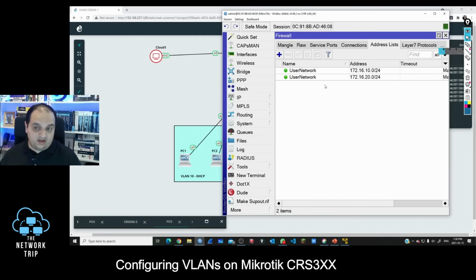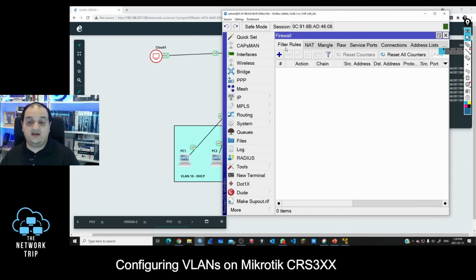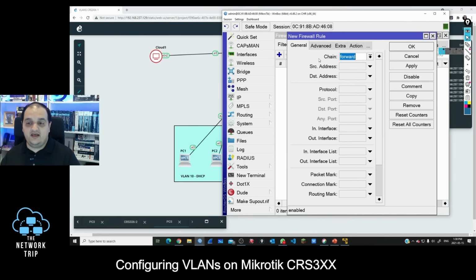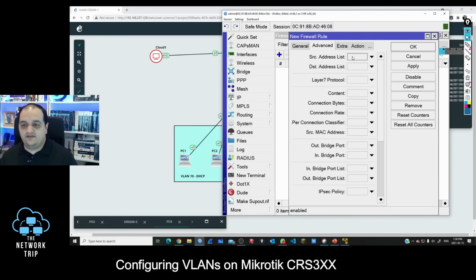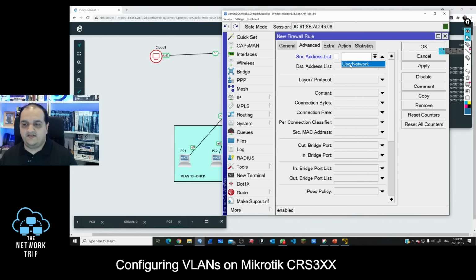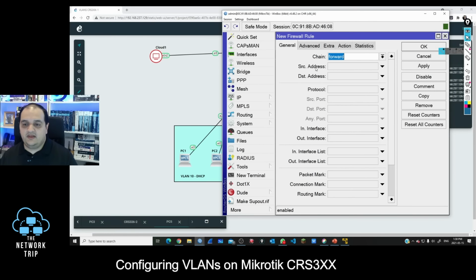That means that now I can use that address list and block all the traffic that is coming from any of those networks to the management VLAN. So to do that, I can go to filter, and then I can add a new entry here, and I can say forward. So in this case, it will be the forward chain. This is traffic that is going through the router. And then I can go to advanced source address list, and I can select user network. I can go back to general, and then here in destination address, I can say